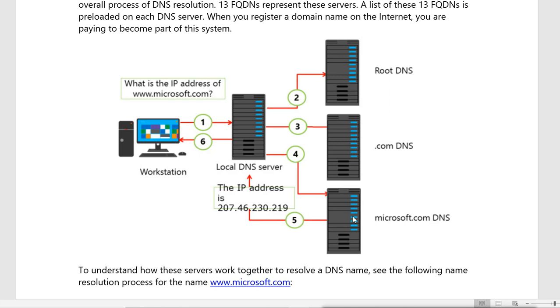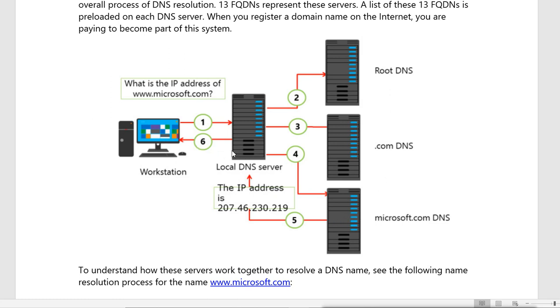Now because the site is hosted there in Microsoft, the records are there in microsoft.com. Let's say for example this is the IP address of the server which has the name www. So it will give that IP to this local DNS server. Now after all these queries, our query was pending.